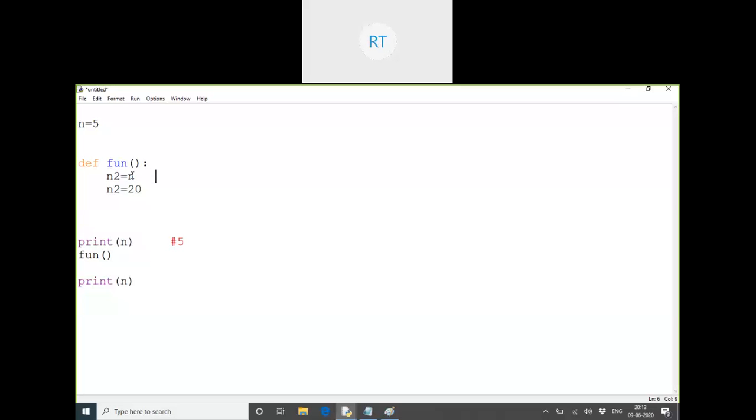So n2 is also pointing to the same 5 to which n is referring. n is also pointing to it. Clear? Both are pointing to the same data. That's what you have to understand. There is only one object 5. Now how many references for it? n and n2. n is a global reference, n2 is a local reference.